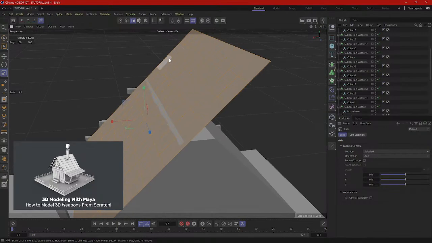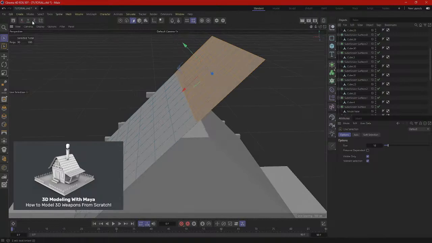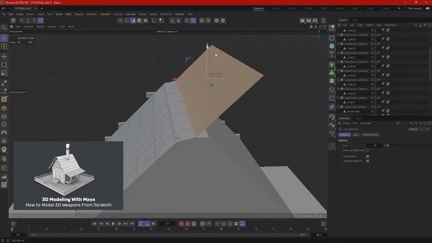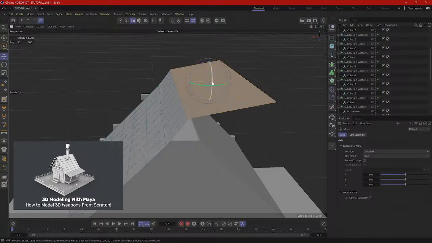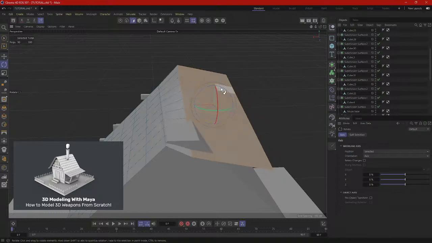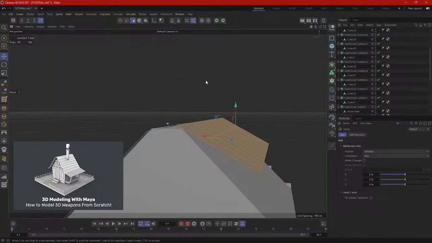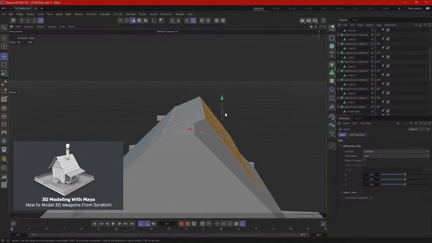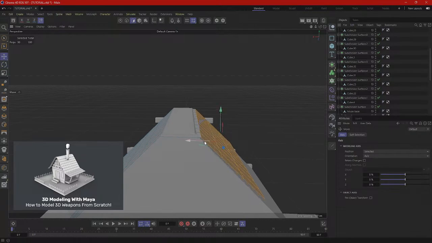Select these faces only using the live selection tool, and let's bring these down right here, and let's rotate these like this, bring them down, rotate them like this, bring them down, rotate them like this, and bring them down again, rotate it like this and bring it down, rotate it, and just bring it a little bit up, little bit back, up,